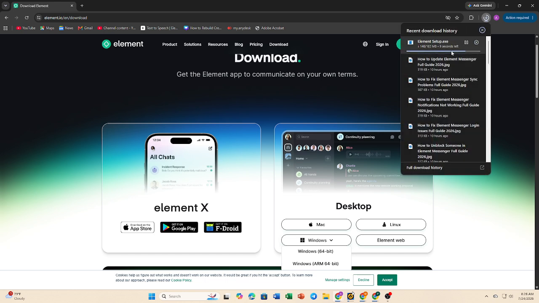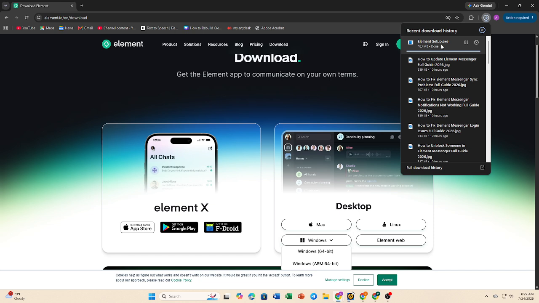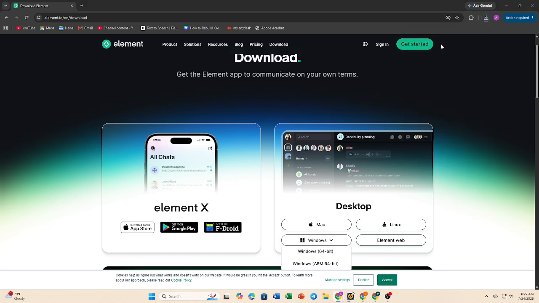Next, choose the Matrix server you want to use. Most users can select the default Matrix.org server, while advanced users may choose a different server if their organization provides one. Now enter a unique username, create a strong password, and provide an email address if requested for account recovery